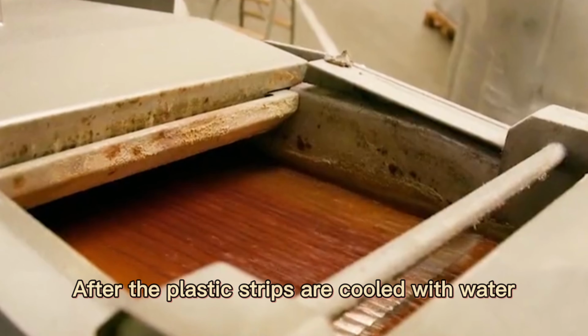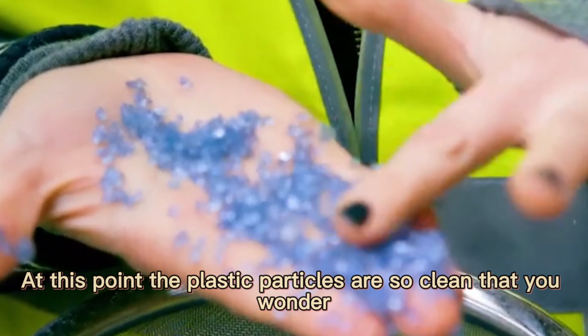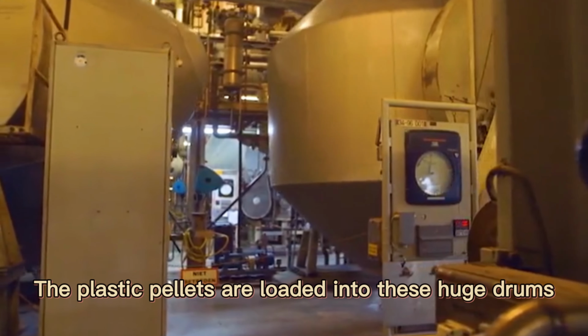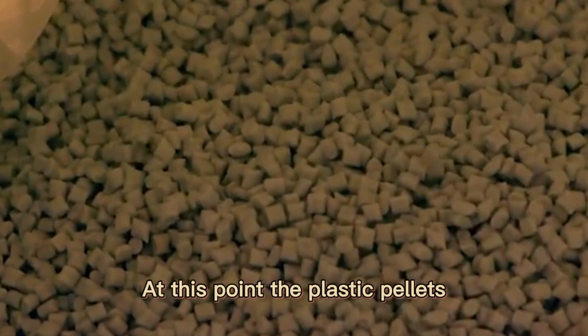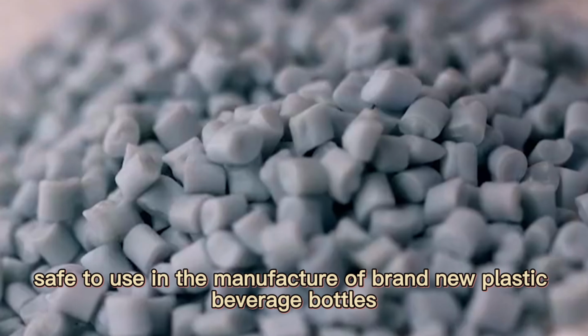After the plastic strips are cooled with water, they are cut into small particles 4 mm wide. At this point, the plastic particles are so clean that you wonder. The plastic pellets are loaded into these huge drums and dried at a temperature close to the melting point for 18 hours. This is to increase the toughness of the pellets, and also to act as sterilization and disinfection. At this point, the plastic pellets are safe to use in the manufacture of brand new plastic beverage